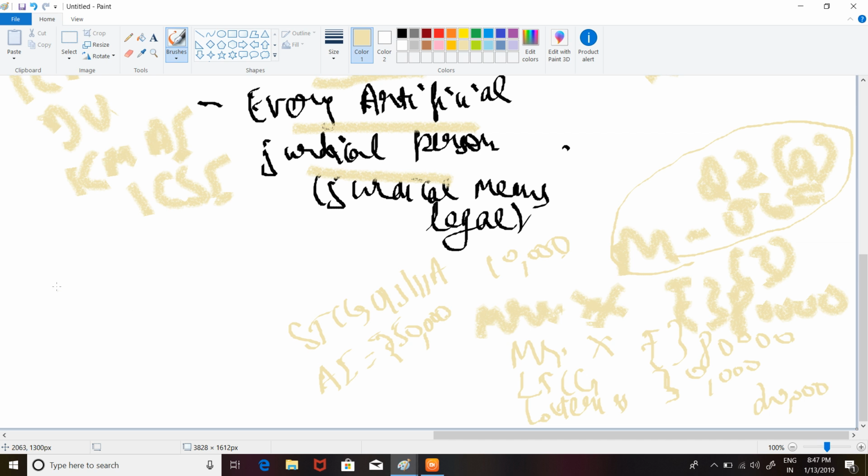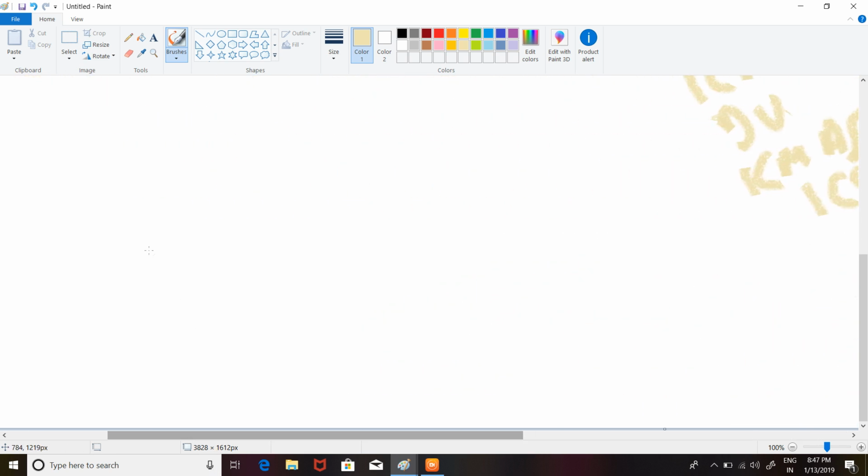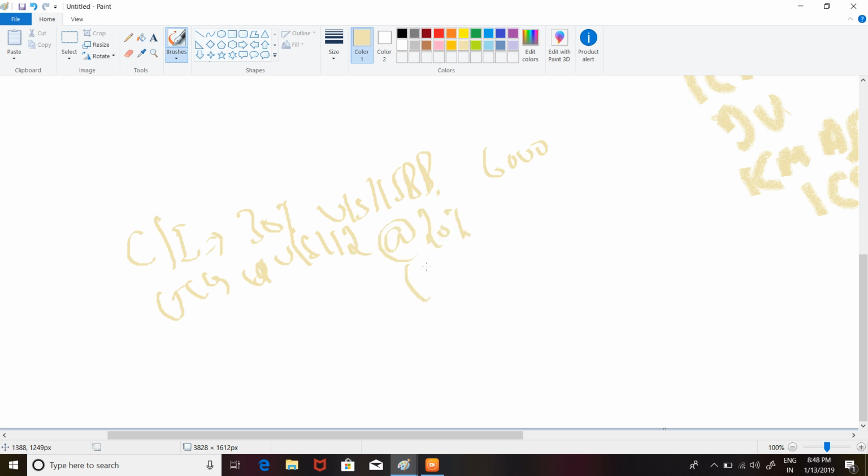See, casual income is taxed at 30%, and 20,000 under section 115BB gives 6,000. Tax on long-term capital gain under section 112 at the rate of 20%: 30,000 at 20% is 6,000. Next, STCG under 111A at 15% on 10,000 comes out to be 1,500. And net normal income is